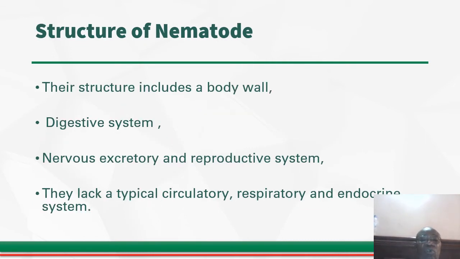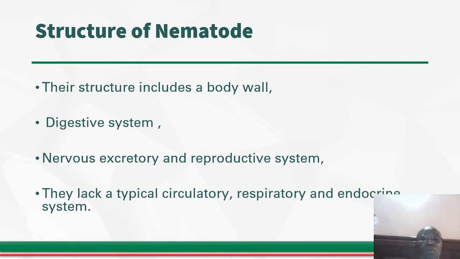Then the structure of nematodes. They have the following structures in their body wall: digestive system, and they have the nervous, excretory, and reproductive system. Then they lack a typical circulatory, respiratory, and endocrine system. These main systems in higher organisms are not found in the nematodes. So there's nothing like a circulatory system, there's nothing like a respiratory system, and they do not have an endocrine system in their